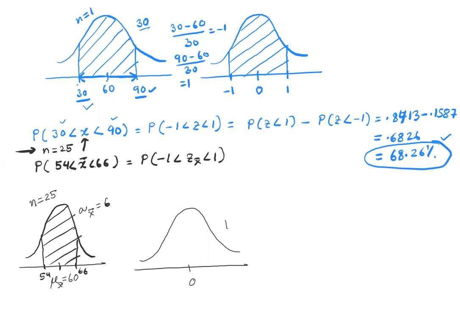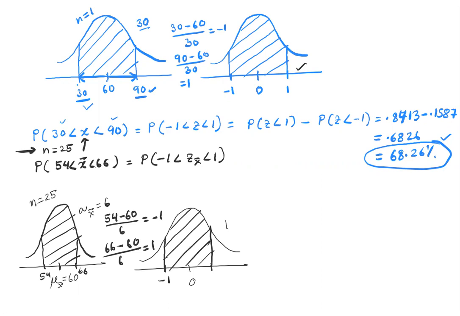Now what does 54 translate to? It's going to be 54 minus 60 divided by 6, which is -1. And what is 66 going to translate to? 66 minus 60 divided by 6, which is 1. It's exactly like this problem. So it's going to be between this and